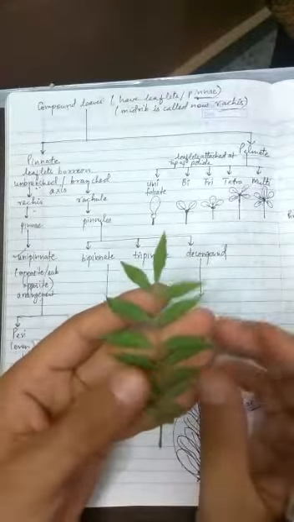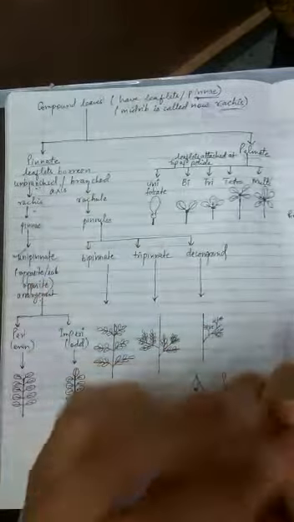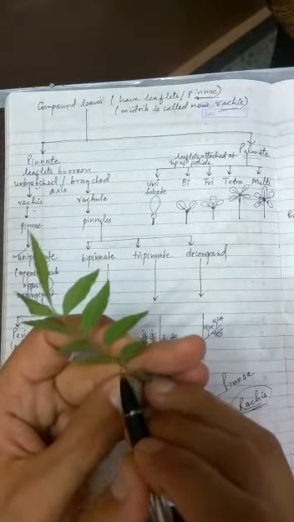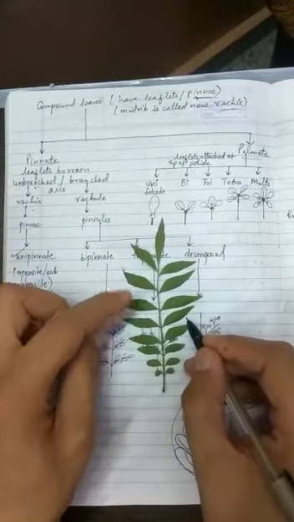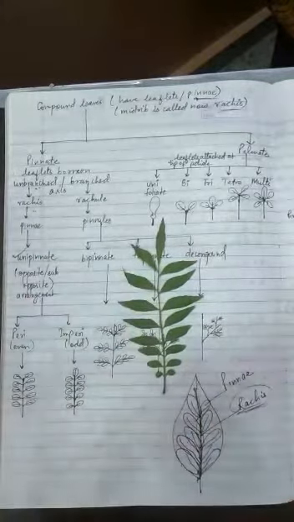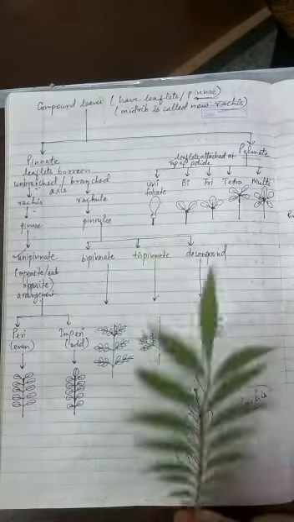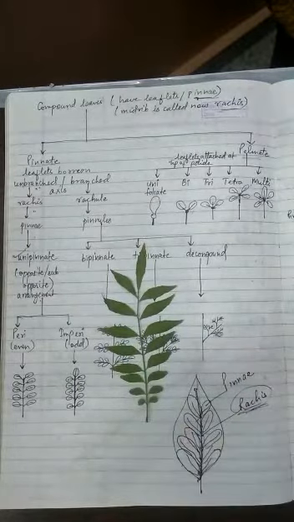And second point, we already have covered one more point, that every leaf at its base will have two stipules present. Now when you see this leaflet, you won't find any two stipules present here. So that means these are not leaves, these are leaflets. So this is how you distinguish a leaf from the leaflet, because when you see the diversity of leaves around you, sometimes you will be confused. Now let me show you another example.